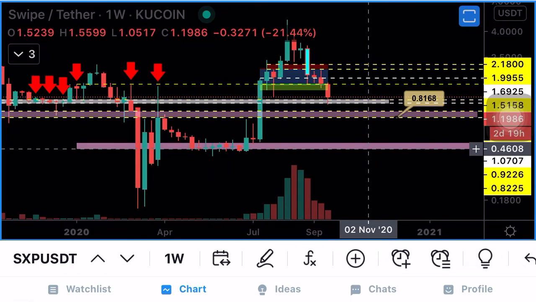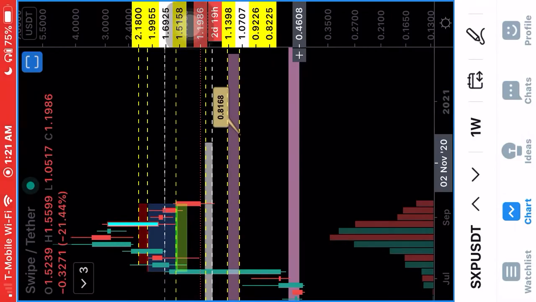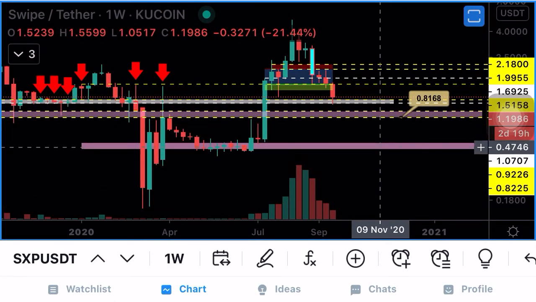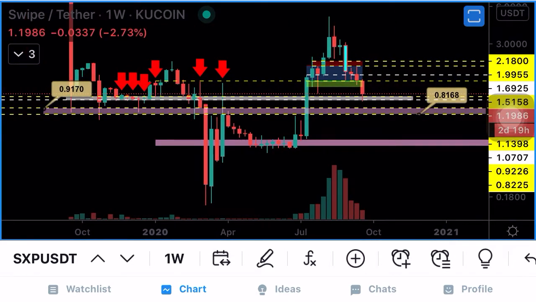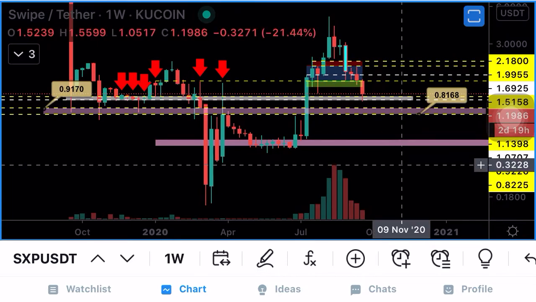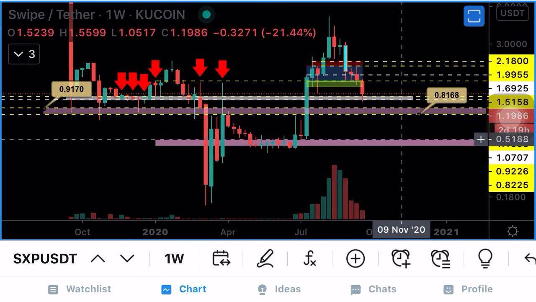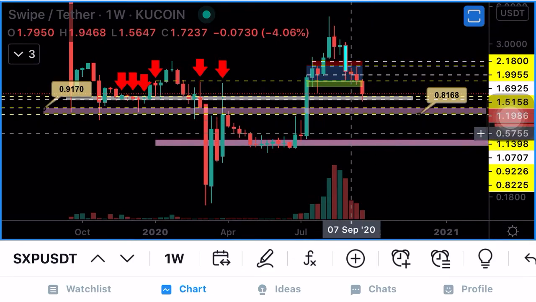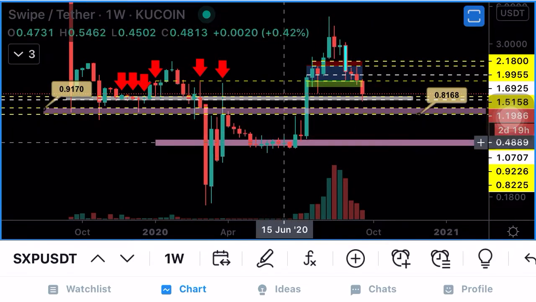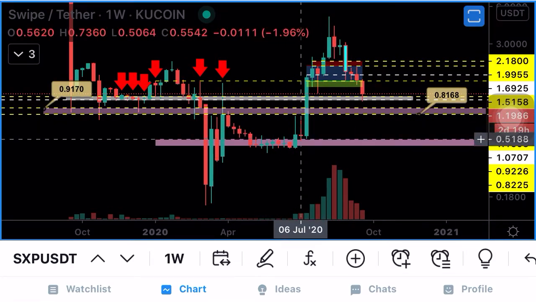If anyone is looking for possible entries, in my opinion, ladder up from these levels all the way up to these levels, with a small percentage. So that would be a theoretical idea on how to possibly enter for Swipe. Never go all in. You never want to ladder down. You wait for it to build a base like this, or you wait for a clear level to be broken,